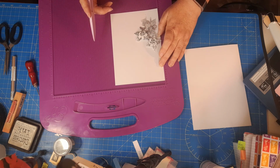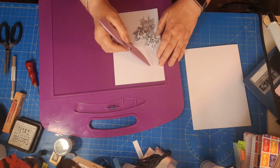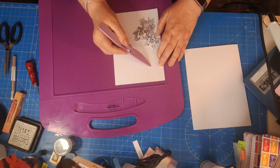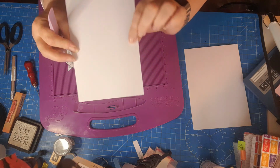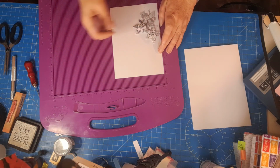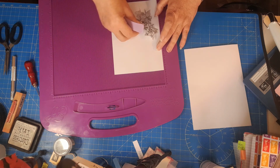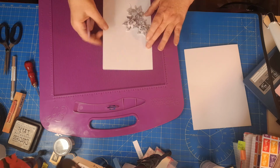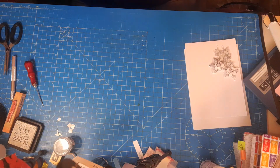so I think, yeah, if I put another one on, I think I may be taking away from the sort of slimness of it. So I've got 1, 2, 3, 4, 5, 6 score lines down on that. And you can use either side. I could use it that side. Let me have a look. That works okay. Or I can use it that side. And I think I'm going to use it this side just because the texture of the paper is slightly smoother on that side. So I'll pop that away,